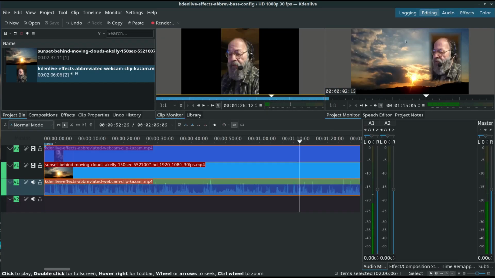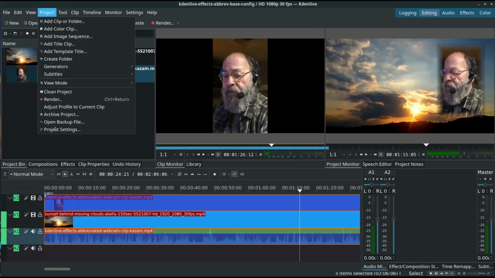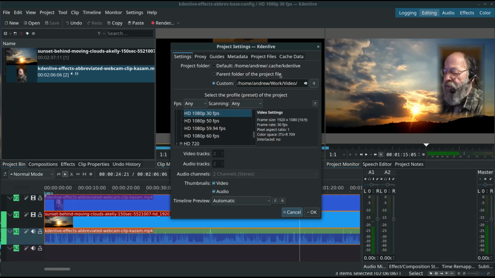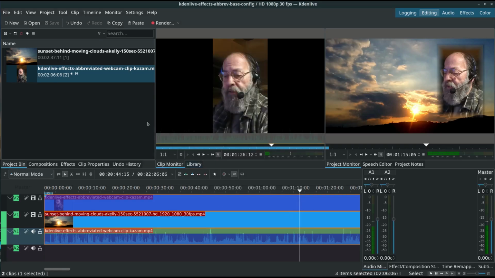let's go to the editing mode here, and just make things a little bit bigger. Okay. When you're ready to have a copy, and I'm just going to use this. If you remember, I just showed you, but I didn't make use of the information. The name of this is kdenlive effects abbreviated base config. Okay, I'm just going to copy this string, copy, cancel out of this,